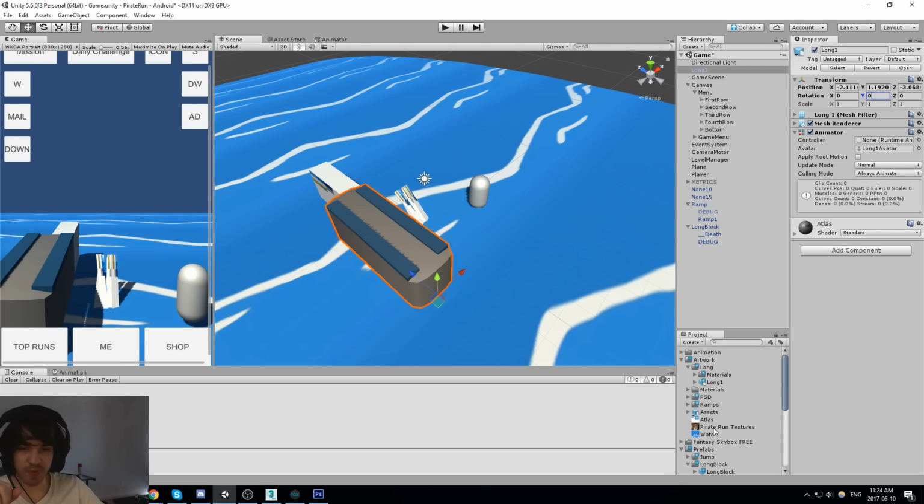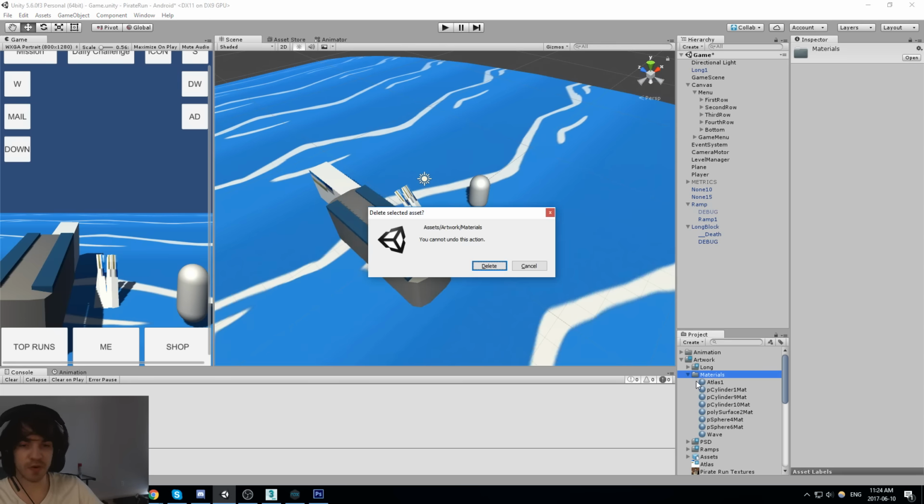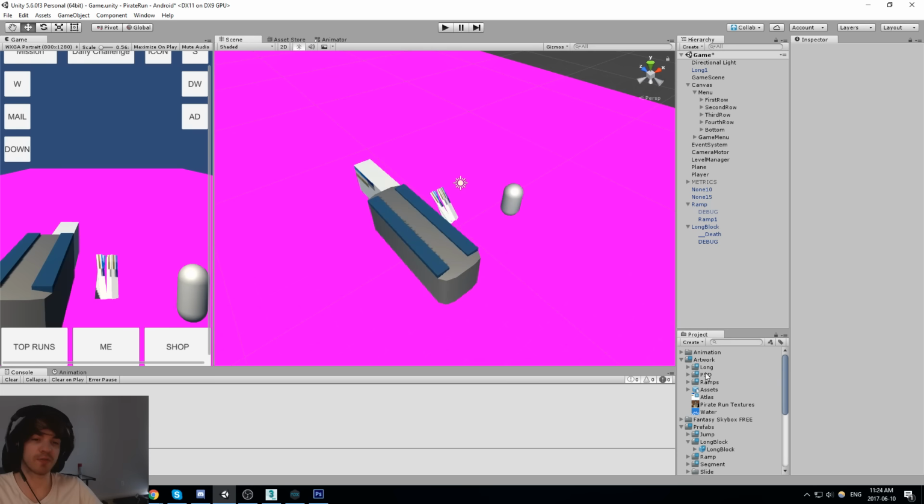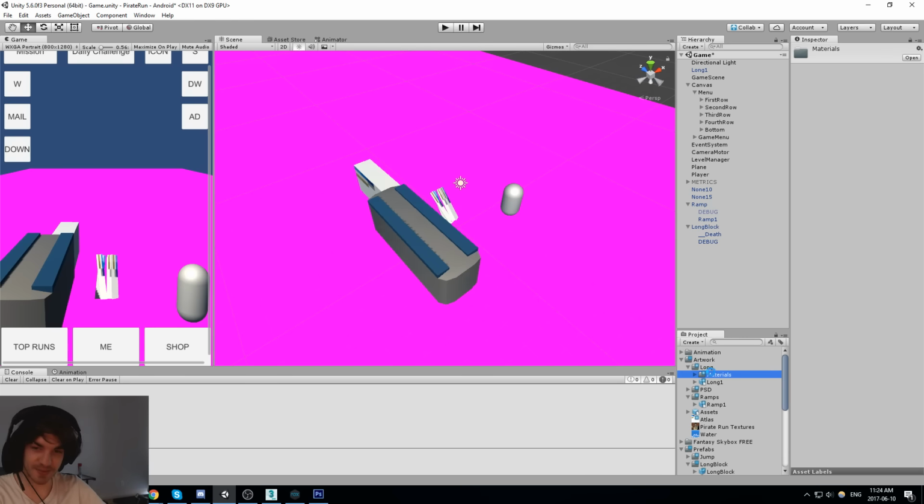Let's put the proper atlas on it. Right now that's the one that's unlit. That's the one that comes with the model. Definitely not something we want. Let's get rid of everything actually. Oh, what have I done? I broke everything. I even broke my reference to the water. Never mind that. What have I done?